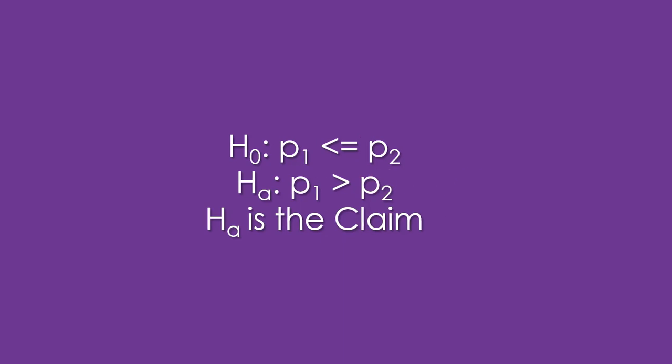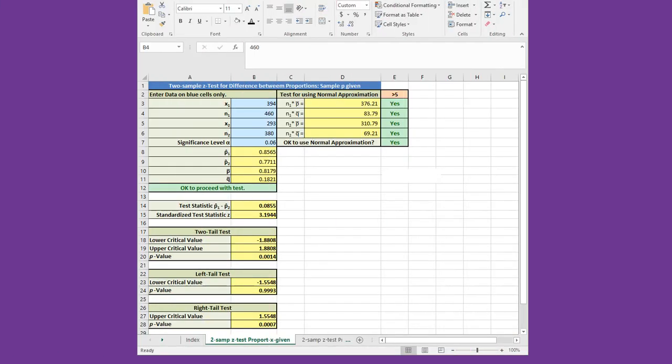a right tail test. Excel does not have a built-in test for the two-sample z-test for proportions, so you have to construct one manually. Instead of doing that though, in your calculator package in this assignment, you will find a number of calculators. This is the two-sample z-test for proportions with x given. There's another version of it